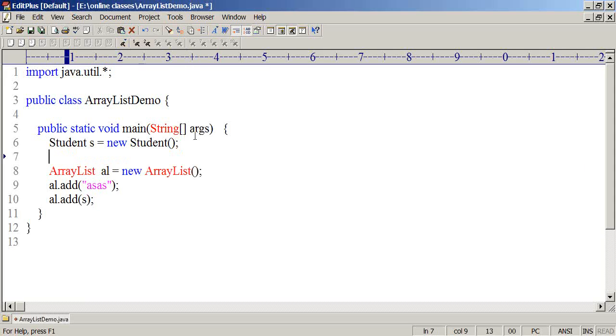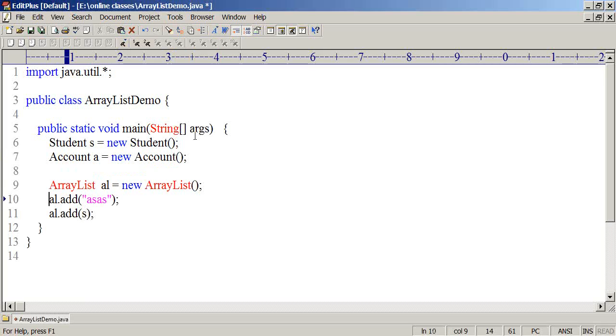I think we have an Account object, create it and add it. Account a is equal to new Account. What I'm trying to do here is just group the objects. It is not the general case; you don't usually find a requirement of collecting heterogeneous things. Generally, whenever we group things, most of the time we'll be grouping the same type of data together. And it works with only objects. Remember, it will not work with primitive data. It always works with objects. So al.add of